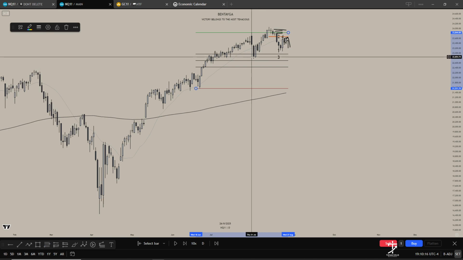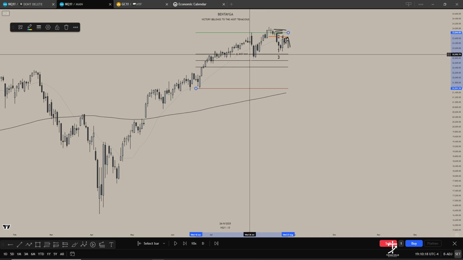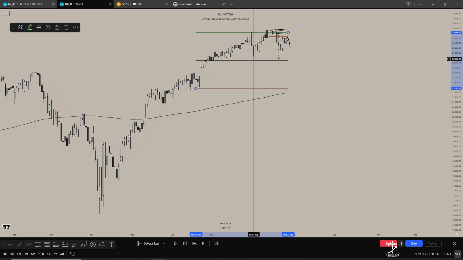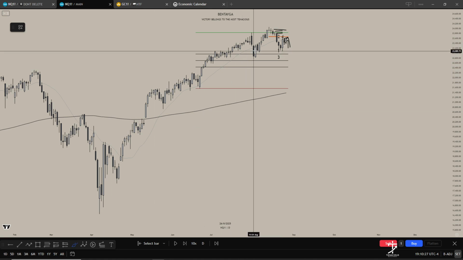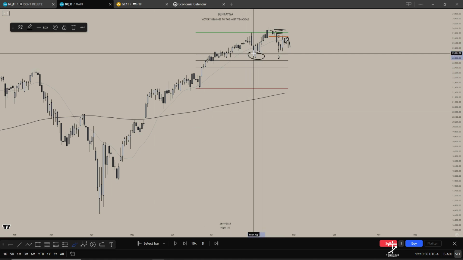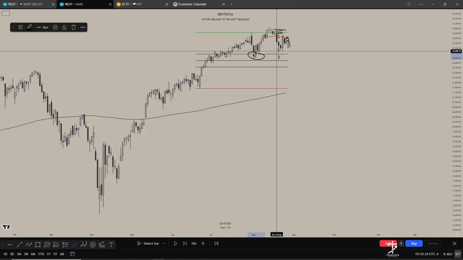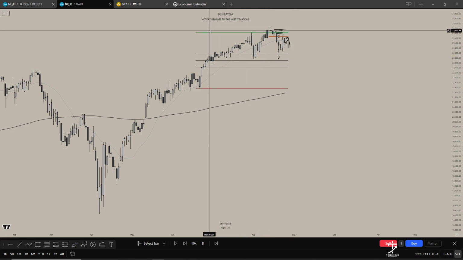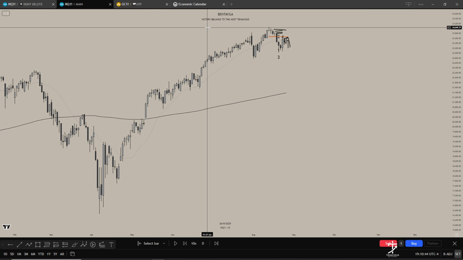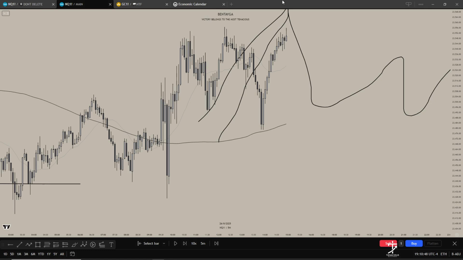you see how we've tapped the 382 level. We don't have to tap the 50, we don't have to tap the 786. So this retracement is enough to give price a reaction to help this trade push on higher. You can now potentially say that we're creating a double bottom, and then price might take out the previous highs. Whatever story, whatever narrative that you have, as long as it makes sense and it's part of your plan, then there's not much else you can do.